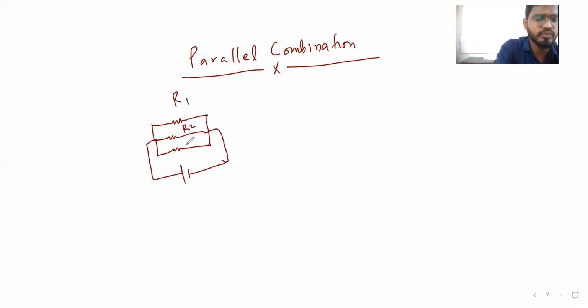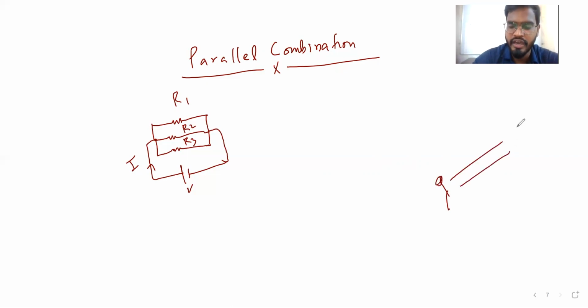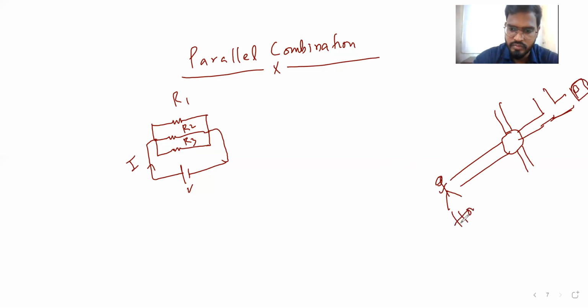R1, R2, R3, voltage is V, current is I. Right? Now see an example. Again you start from home and then there is a signal. If the playground is somewhere, again in between there is a road, then there is a playground. You started from home and the playground is here. Same example as I took there.